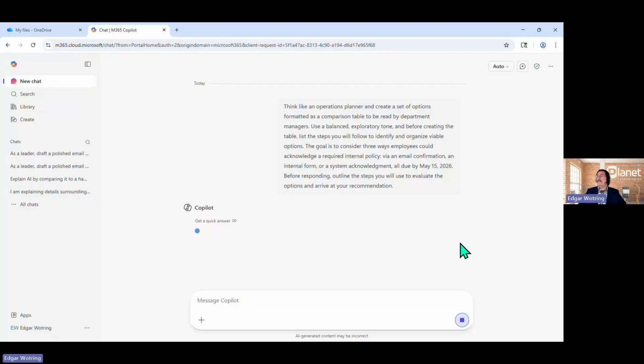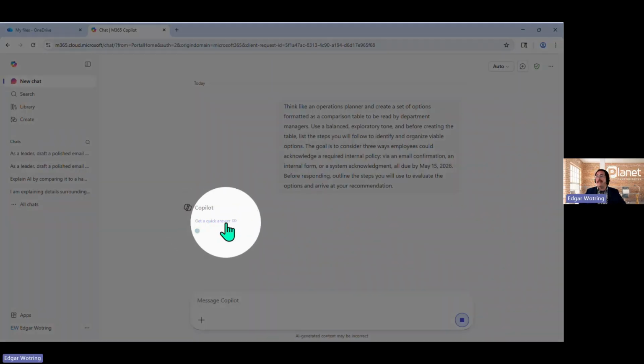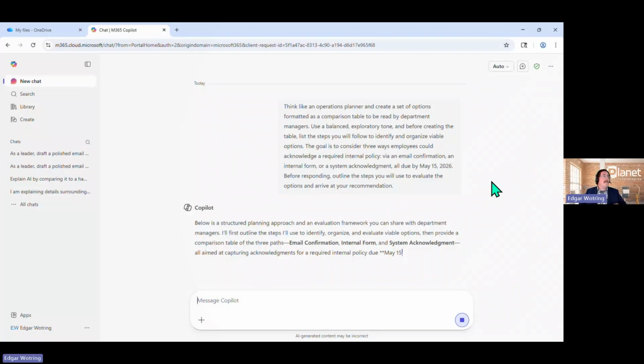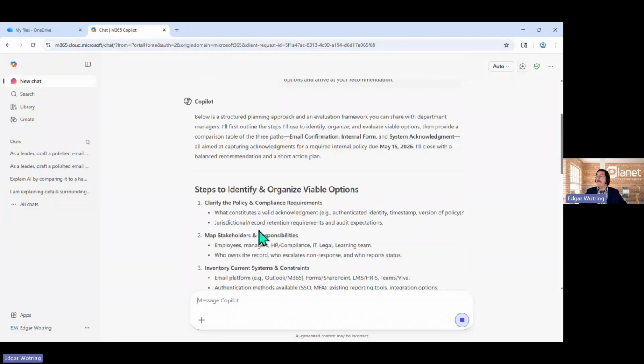You'll notice as well, just to take a quick moment to point this out, we've got a longer prompt here. There's lots of different details, and then we're making that chain of thought request of Copilot as it's considering what we're intending for it to do for us. So we'll note Copilot's putting in a bit more work maybe than it had in some of our previous prompts. If for some reason we just feel that Copilot's taken a little too long, we could always click this get a quick answer. I'm going to give it a few more moments though, because I really am curious to see what it can do. Oh, wonderful. Just as I said it, there's that output.